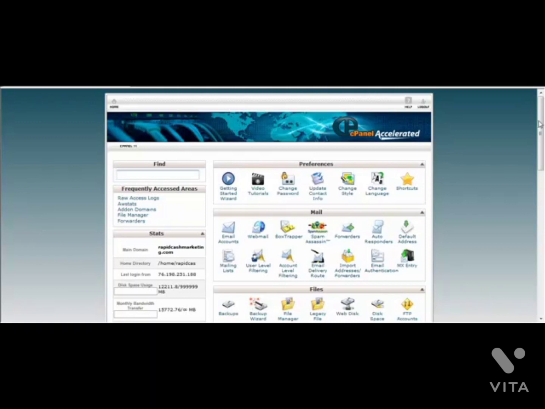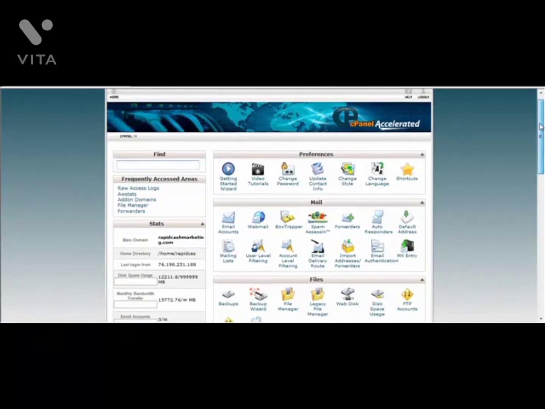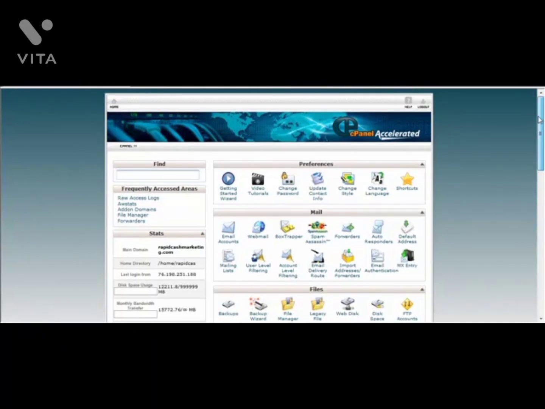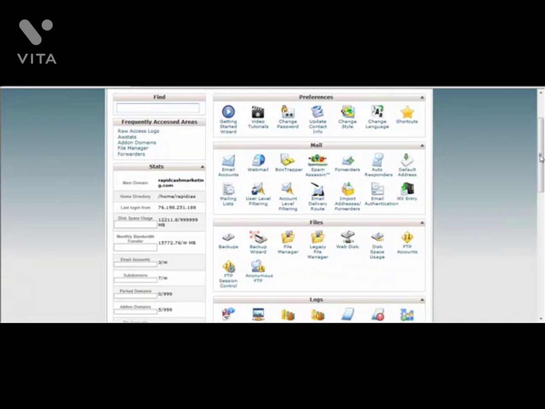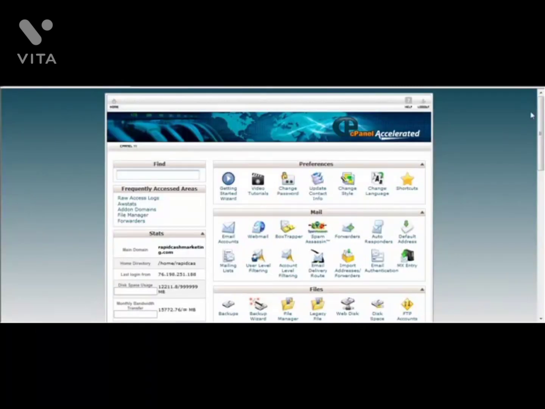Typically, you can reach them, so go ahead and call them and find out how to access that. Typically, it's going to be the main website domain that you've registered with a slash and then cPanel. That's usually what it's going to be. So what you're going to do is log into your cPanel, and it's going to look like this, or at